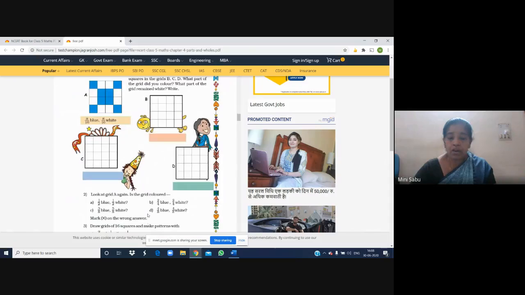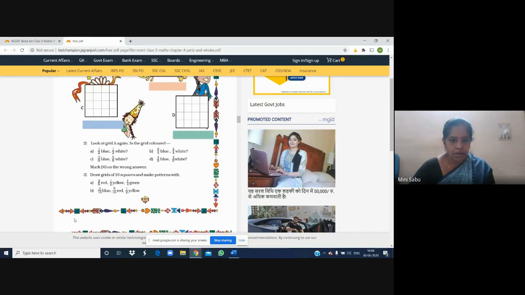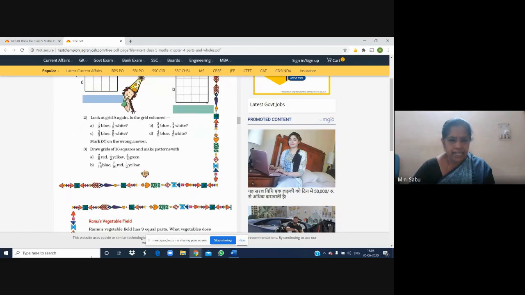But before coloring in the book, just make a plan. First try with light pencil shading, and after that, when you find that a good pattern is made, then you color it. That you have to remember. Then here a question is there. This you can read, you will understand. This is putting a cross mark like that.